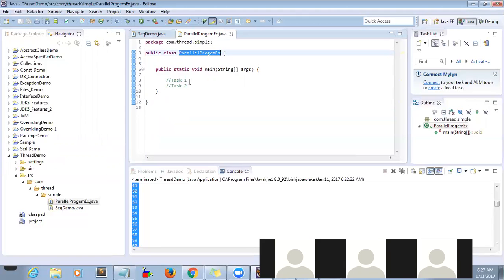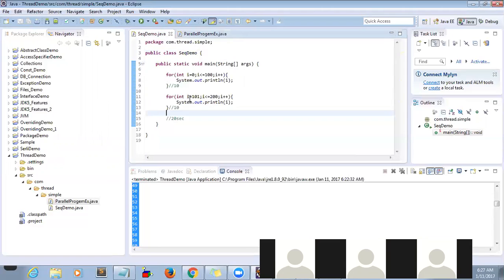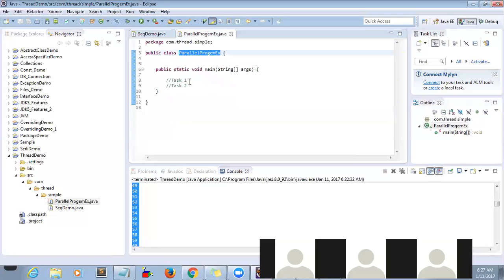In the previous example, only one task is there, there are no subtasks, correct? We are doing only one task at a time, one by one. Here we are not doing that. We are going to define two subtasks and perform the operations, running them together. So now